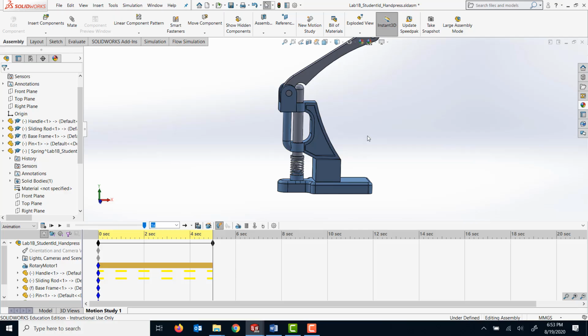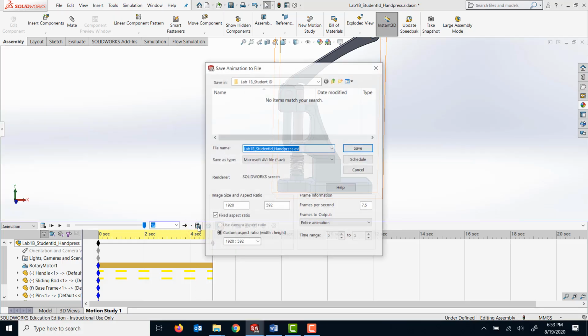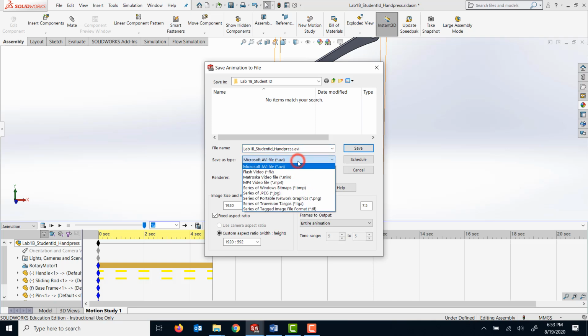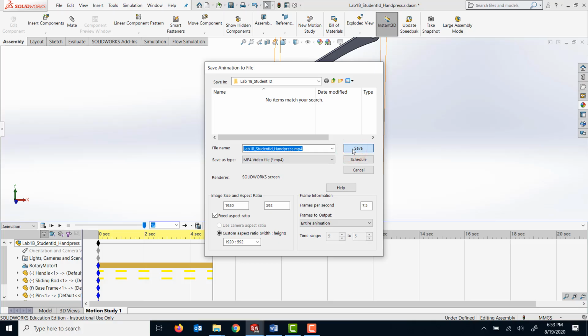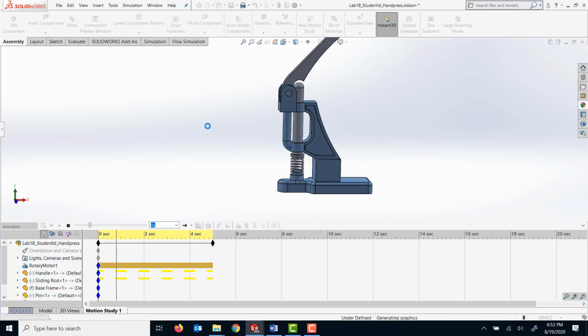I'm going to show you how to save this animation as a video. To do that, you click on this save animation icon, and you can change the type of video file that you want to export. I'm simply going to say MP4 video file, and I'm going to save in the same folder. Please make sure you save this video file in your folder. That will be verified when we are marking, and the frames per second you can leave at 7.5. So basically now it's exporting the video file,